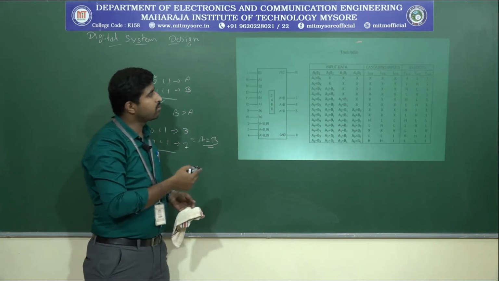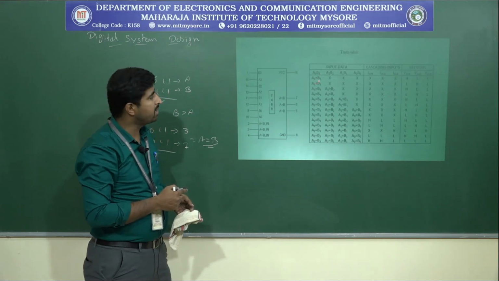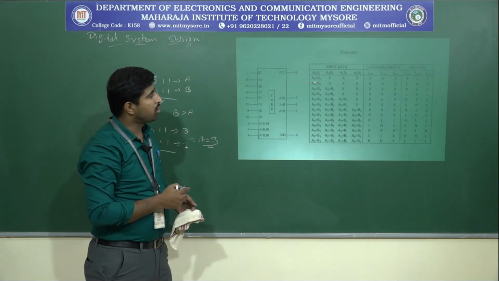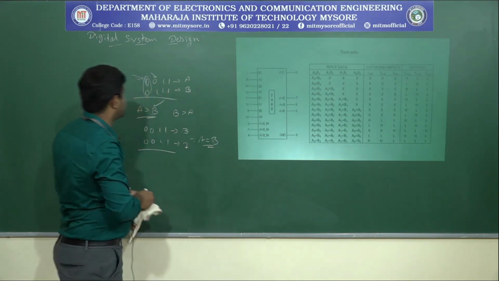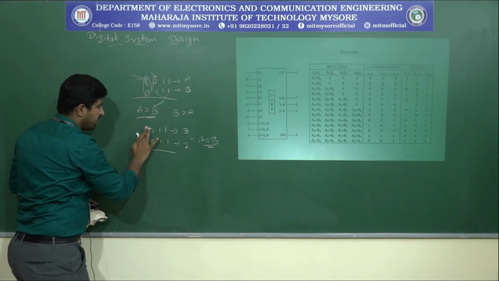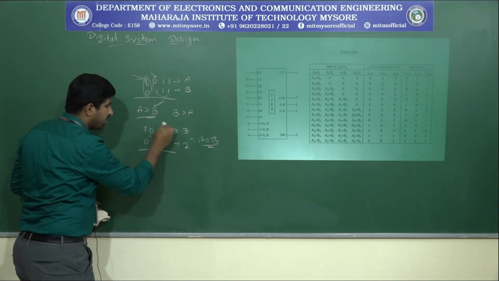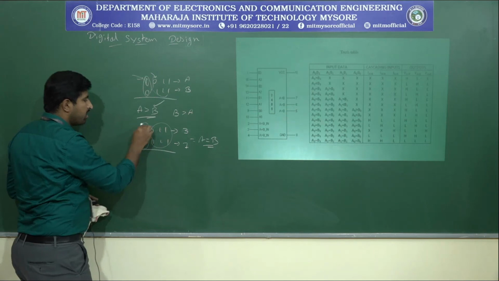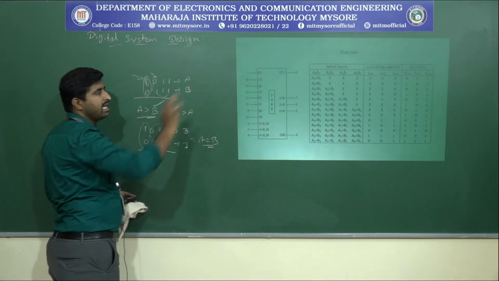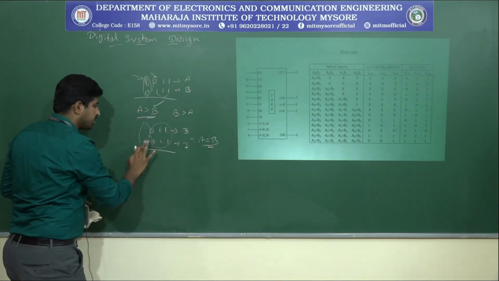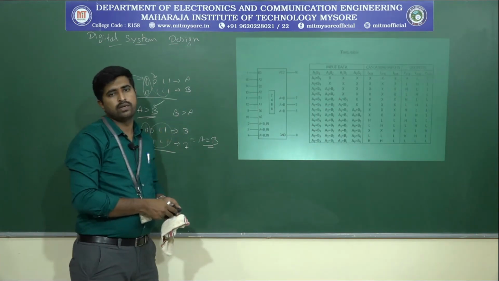So like that, the truth table has been given. First we need to check the highest bit, A3 and B3. If A3 is greater than B3, then automatically the output is A greater than B, whatever the other inputs may be. In the case of 1 0 1 1 and 0 1 1 1, there is no need to compare the other three bits. If you compare the MSB and get A greater than B, then A is greater than B. In the other case, if A3 is lesser than B3, automatically the A lesser than B output will be 1.